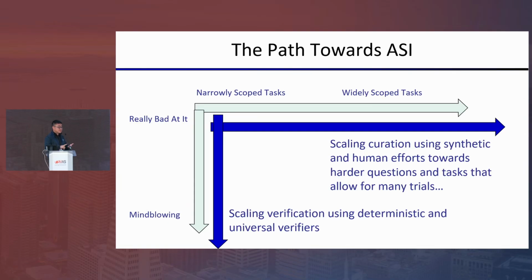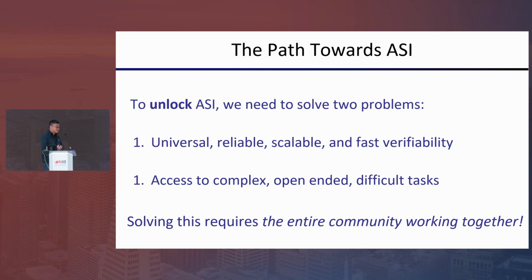At the same time, we also need to significantly enhance the data curation efforts using both synthetic data and human efforts towards the harder questions, with the main principle of replicating the learning process of really intelligent human beings. So precisely to unlock this, we need universal, reliable, scalable, and fast verifiability. At the same time, we also need to be able to access complex, open-ended, very difficult tasks. This is definitely not something one company can do. So solving this, I believe it requires the entire community working together,